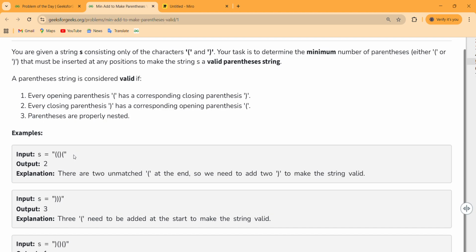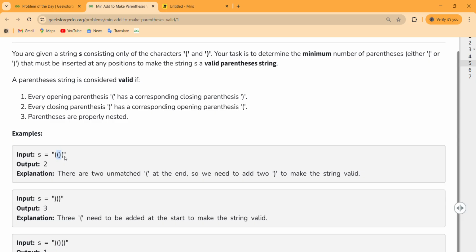Now let us look at example number 1. We have S as an opening parenthesis, then another opening one, then a closing one, and then an opening parenthesis. Now the pair inside these two parentheses is forming a valid pair because this opening parenthesis has a corresponding nearby closing parenthesis. So this pair gets discarded from S, and the remaining two characters require two closing parentheses to match these conditions. So the required answer for this example is basically 2.